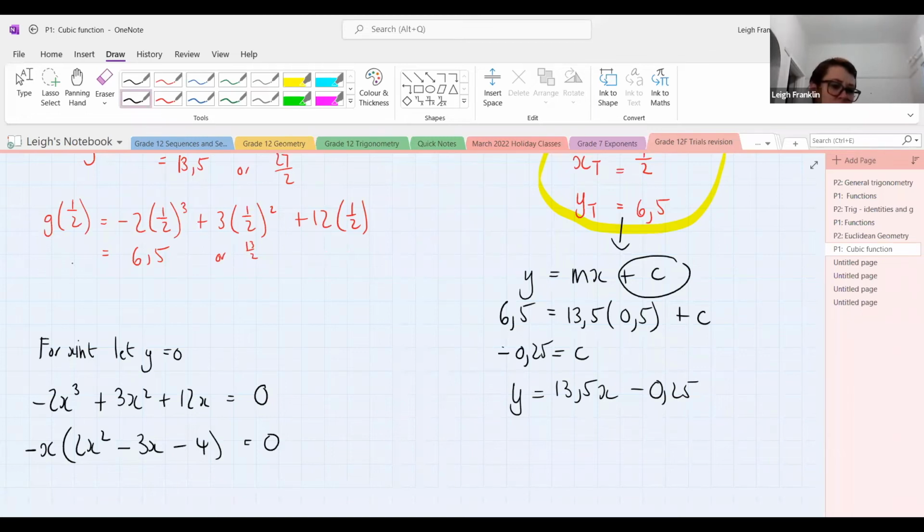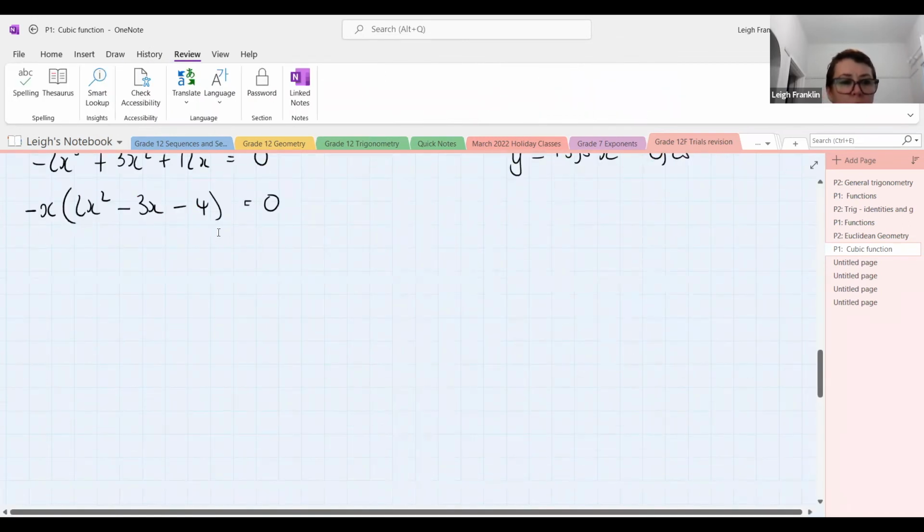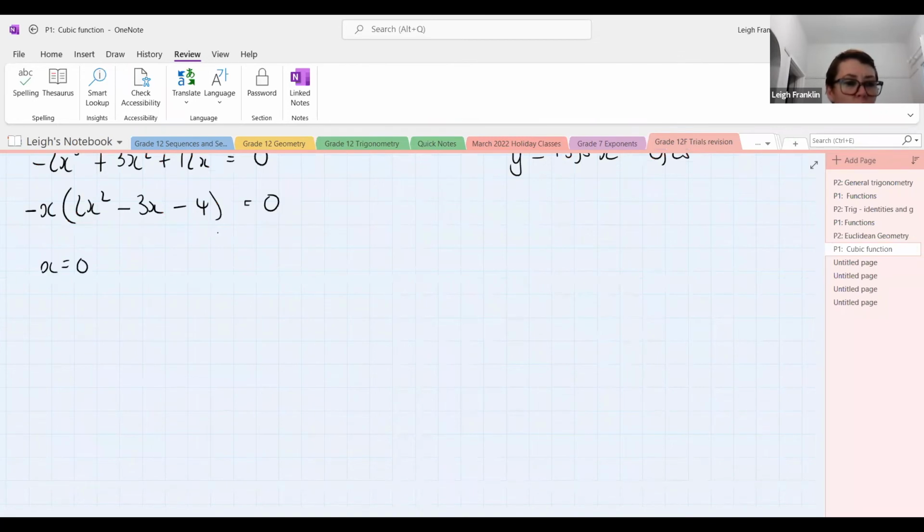Now that isn't going to factorize nicely, so we would have to use the quadratic formula. In other words, we're going to have irrational roots. It doesn't matter. So either x is equal to 0, which we know, or we're going to say x